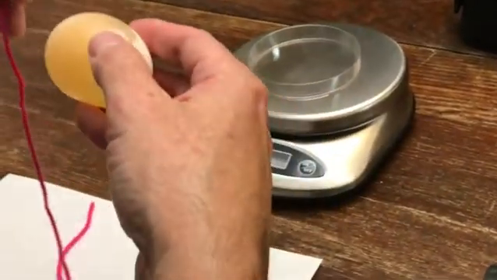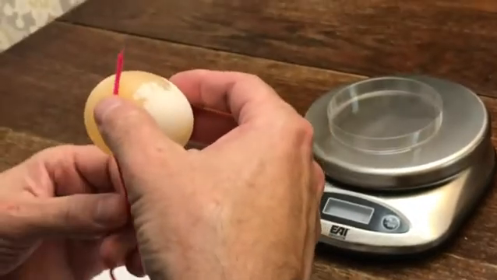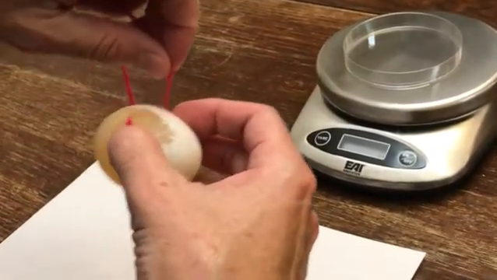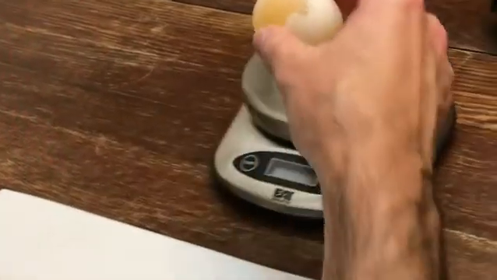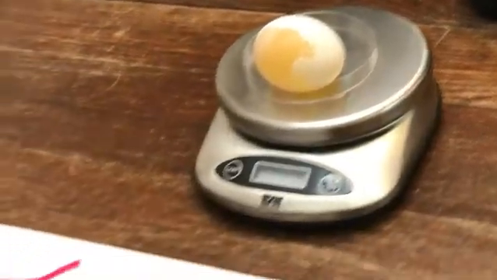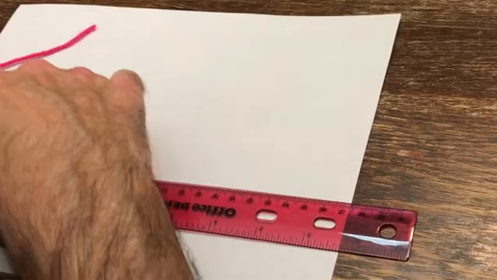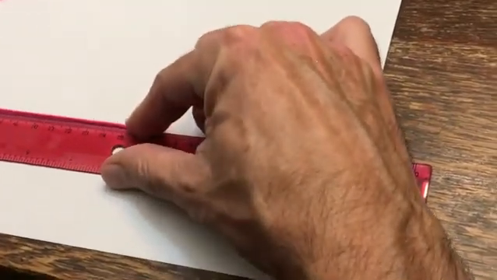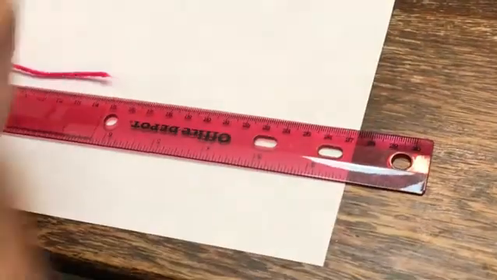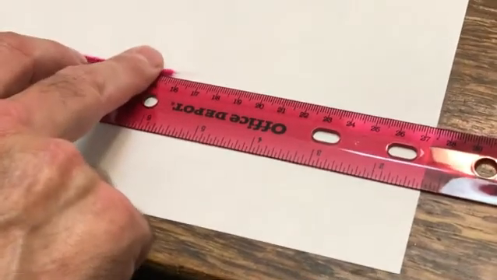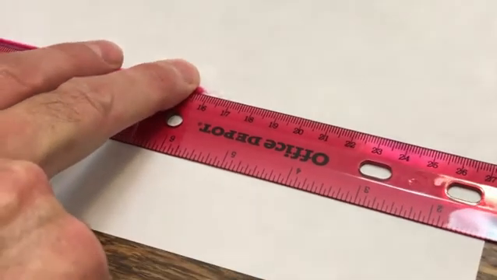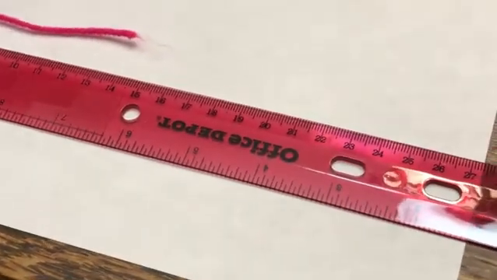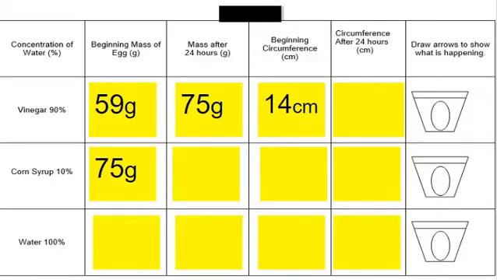Okay, so now we're going to do the circumference. I'm wrapping the piece of yarn around the center of that egg. Try to get the best estimate I can on this circumference. I'll lay it down on the ruler on the centimeter side, and my finger's in the way there, but let me move that. And about 15.7 centimeters. We're going to go with that. All right, so the circumference was 15.7 centimeters,